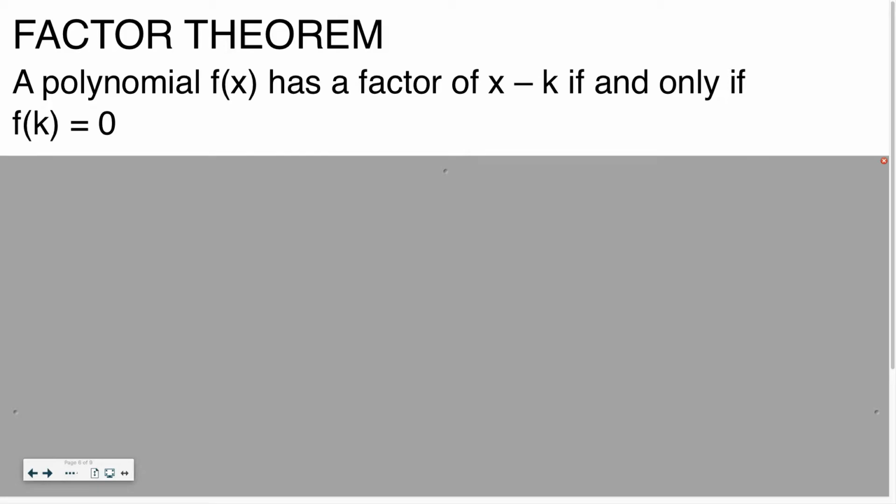This is generalizing what we just said. If x minus k divides evenly into our function, then f of k equals 0. If x minus k is a factor, then f of k is a 0. Basically, if we have a factor, we know a 0. If we know a 0, we know a factor. It goes both ways. And we can use this to help us determine factors. If they divide evenly into our function, we know that they're a factor. And then that helps us know our zeros,